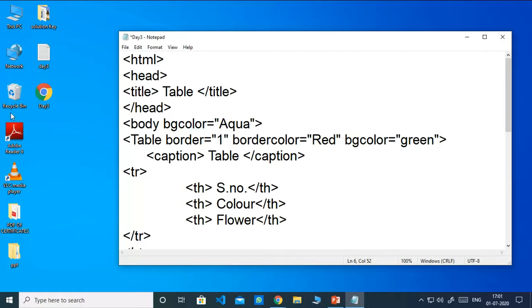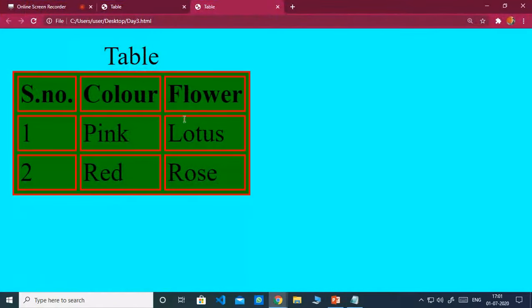So now save, Control S, and open this. So you see here the web page is in aqua color, and when we use the same attribute with the table tag, then the entire table color has come in green color.